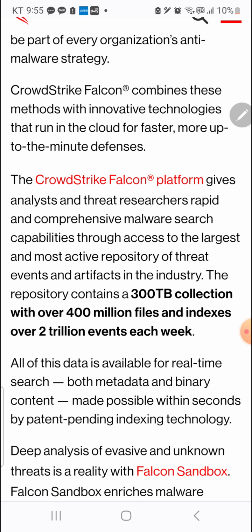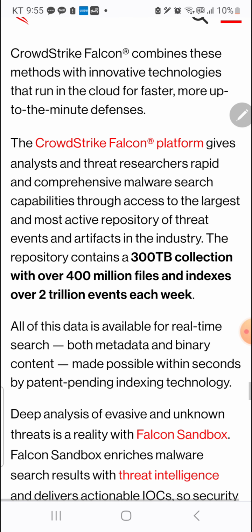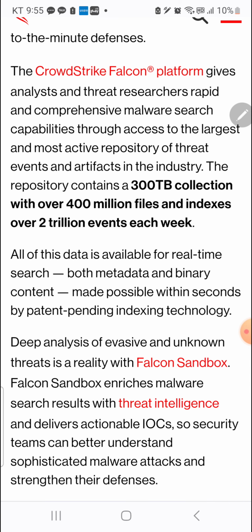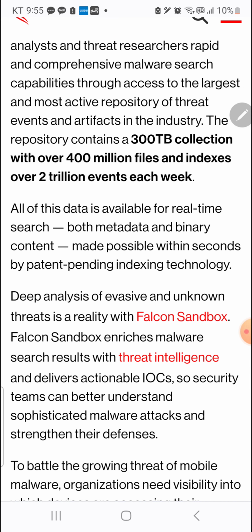The repository contains a 300 terabyte collection with over 400 million files and indexes over 2 trillion events each week. All of this data is available for real-time search, both metadata and binary content, made possible within seconds by patent-pending indexing technology.